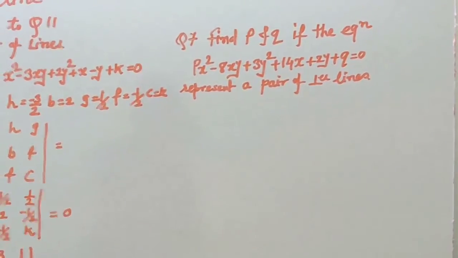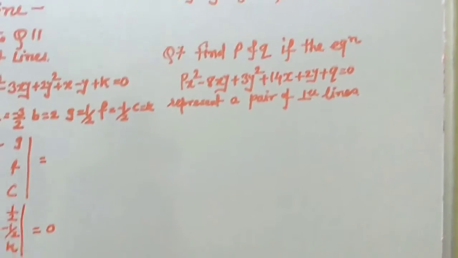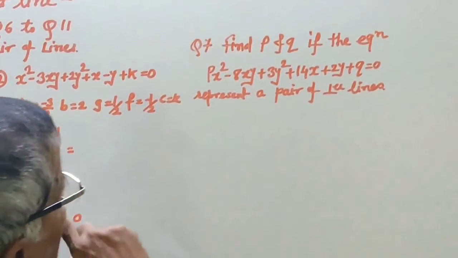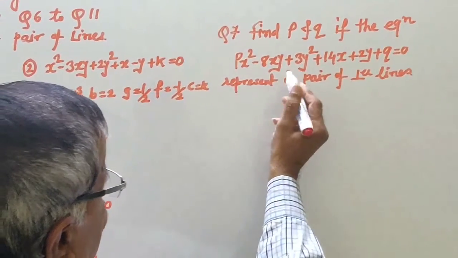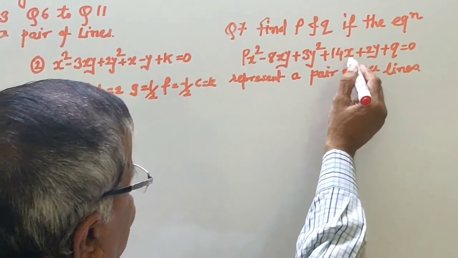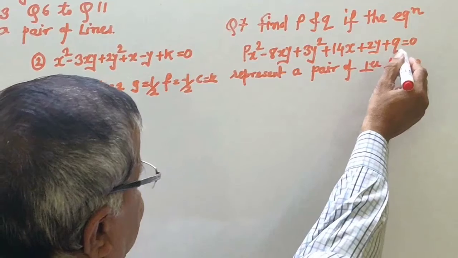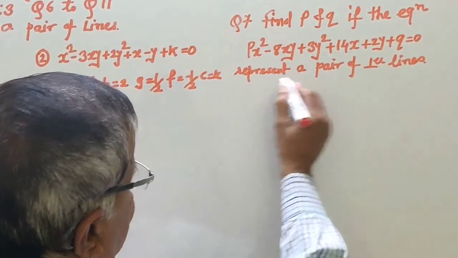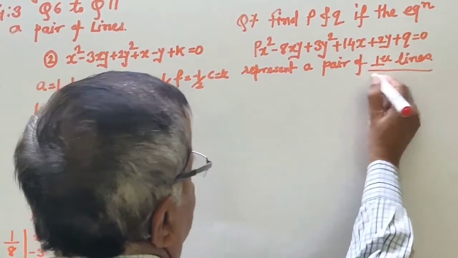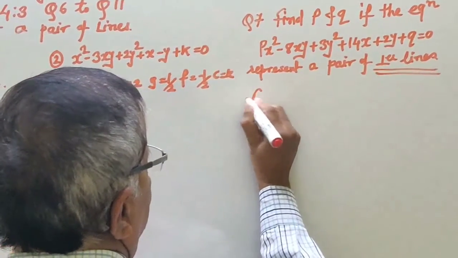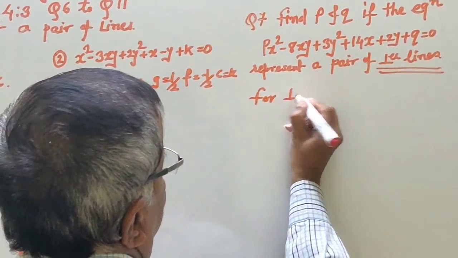Okay, now we are going to solve the question number 7, in which find P and Q if the equation px square minus 8xy plus 3y square plus 14x plus 2y plus q is equal to 0 represents a pair of perpendicular lines. This is very important. For perpendicular line,